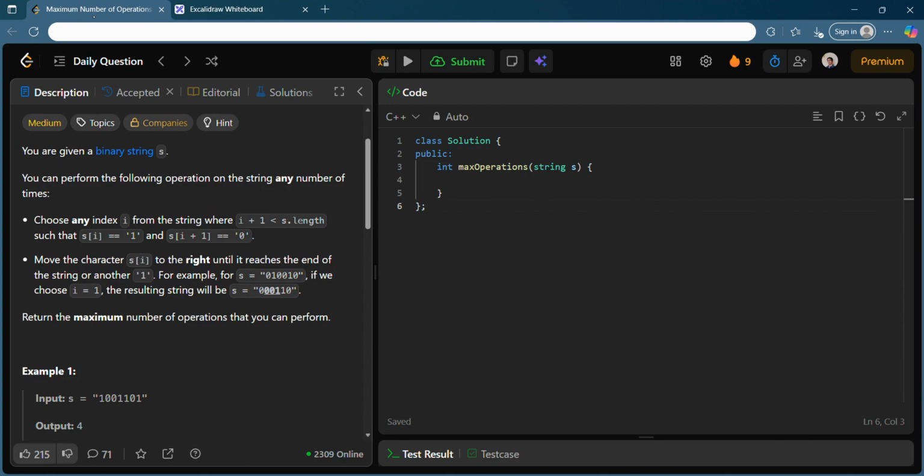You will be given a binary string s which will contain only 0 and 1. You need to choose an index I from the string such that s of I is 1 and s of I plus 1 is 0, and also s I plus 1 should exist. And you need to move the character this to the right until it reaches the end of the string